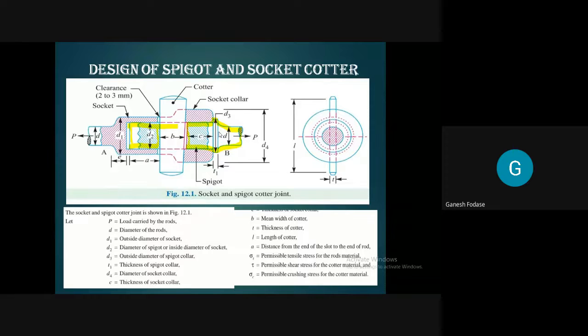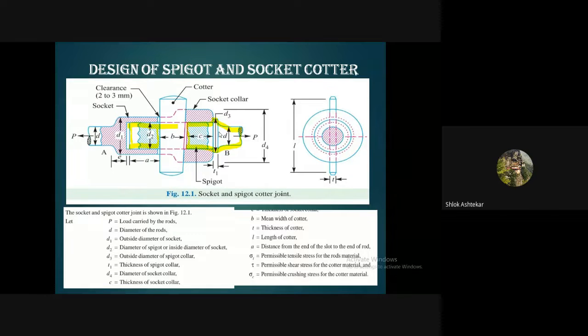Okay. While designing, you need to think about failures. Means due to stresses there will be failure. So someone is talking about tensile stress, someone is talking about crushing stress. Any other stress will be there in some element. Crushing stress. Okay, very good. Someone told about crushing. Have you heard in which topic, in which subject, you heard about crushing stress? No, I'm asking about subject. Where you studied crushing stress?